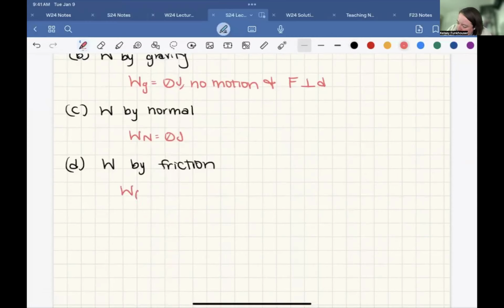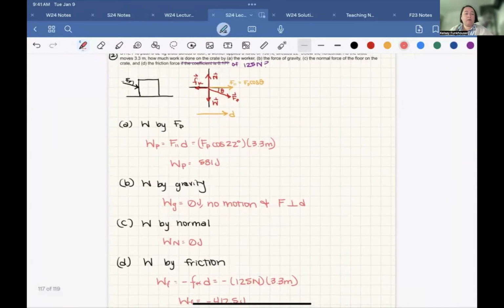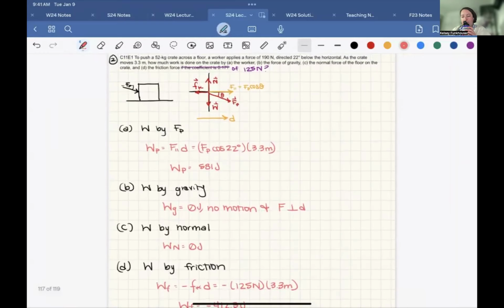So work by friction equals negative friction force times that distance. Negative 125 newtons times 3.3 meters gives us a work from the friction force of negative 412.5 joules. Okay, so just a quick